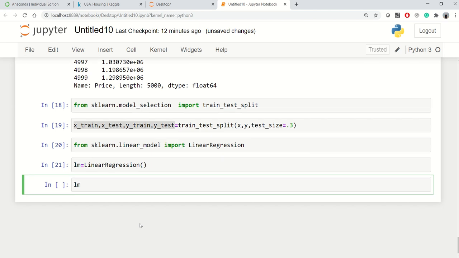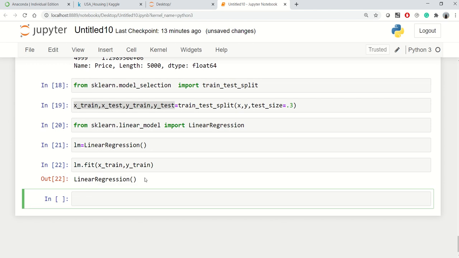Now using this I'll train my model. So I'll say lm.fit, actually not train, lm.fit, and inside this I'll pass my training variables, so this is X_train and y_train.